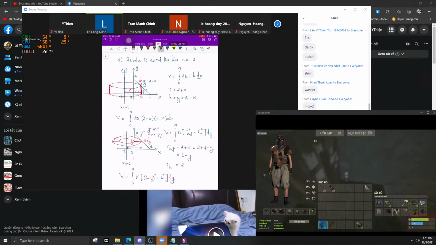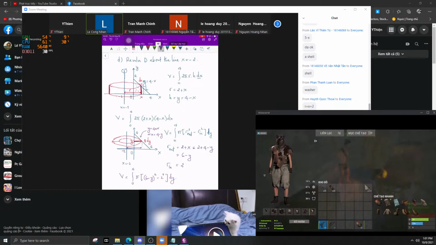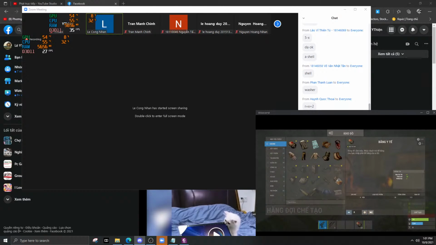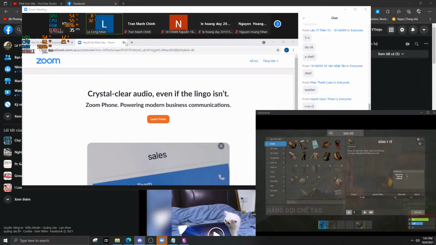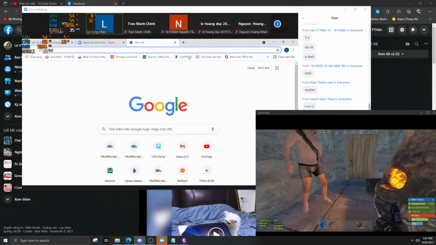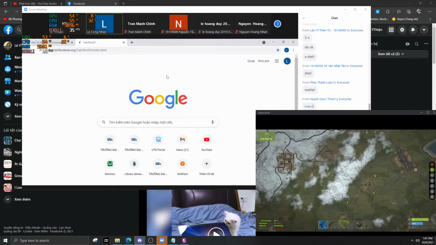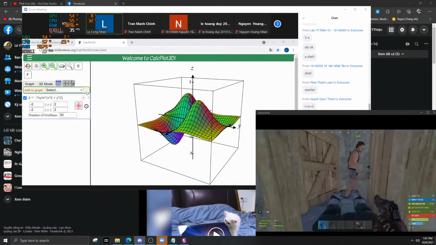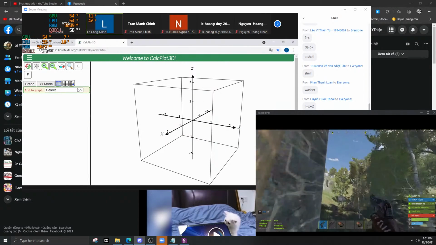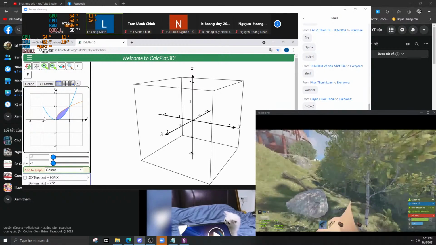For the problem of solid of revolution, you could choose to know whether the cross section is a disc, a washer, or you could choose a cylindrical shell. Okay. Here, we will select the surface of revolution. Okay, and here is the